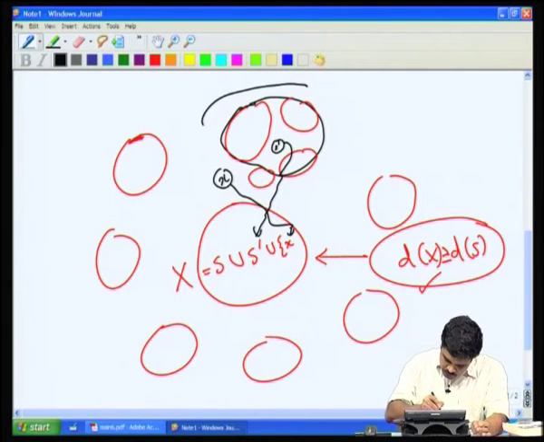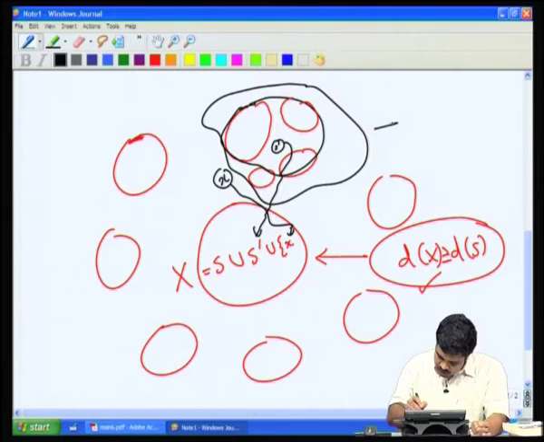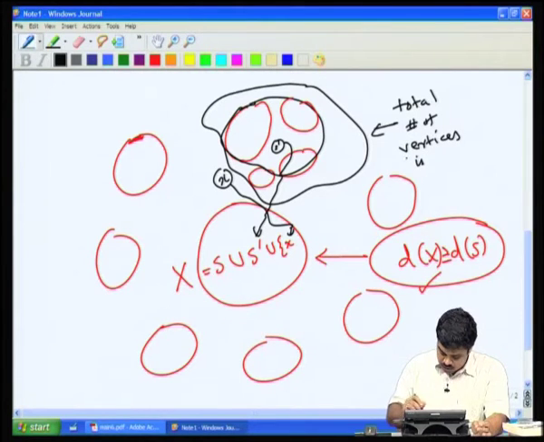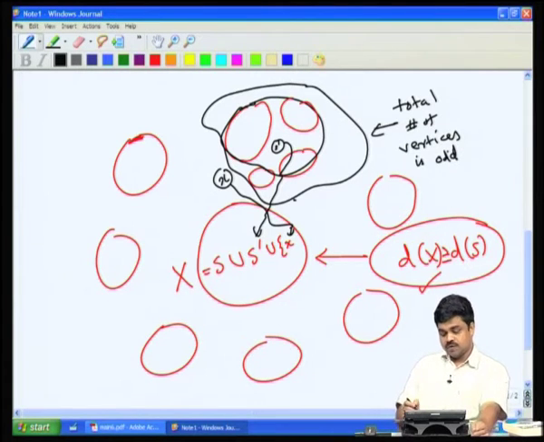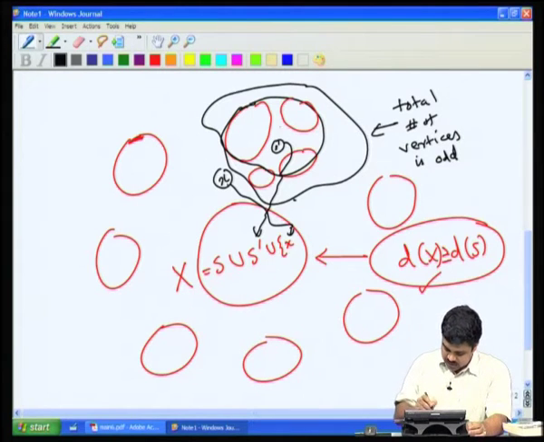So the total number of vertices in this collection is even. Why? Because the total number of vertices after removing X is even,